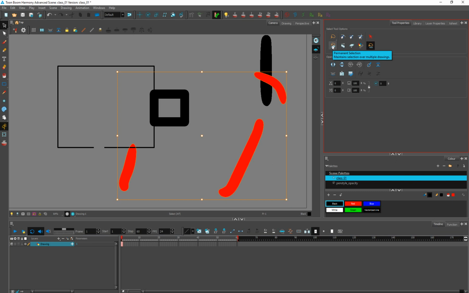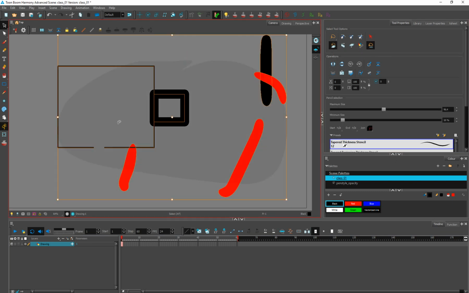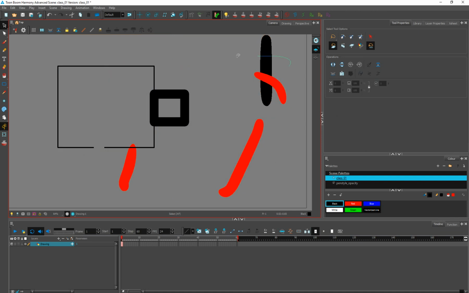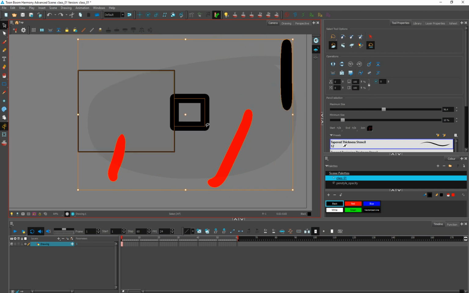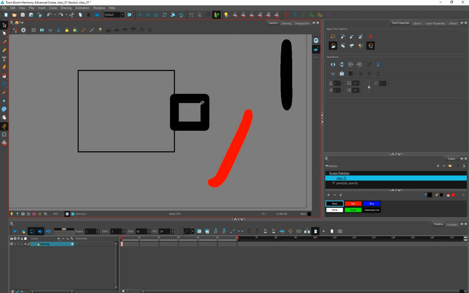Then we have a permanent selection. I know, let's check what it is. Okay, it creates this kind of... I know what it is. And after that